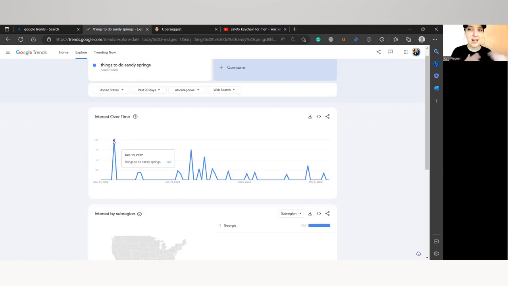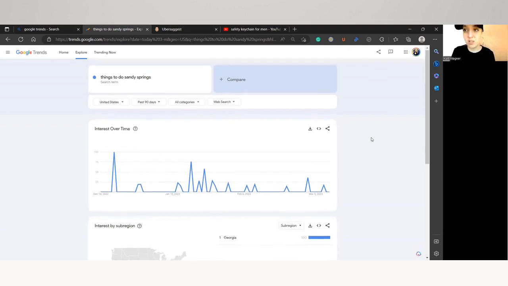So you can see why during the holiday season, people were either in town visiting or they were traveling to Sandy Springs to go shopping and probably were looking for things to do while they were there, or they were hosting guests and wanted to take them out on a night on the town and search for places to go. But it's clear from just a little bit of research that